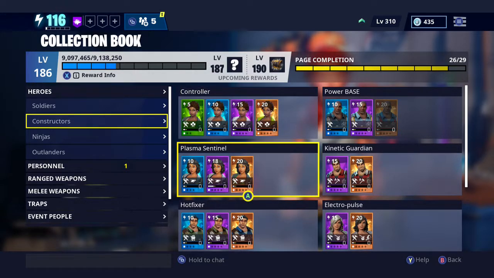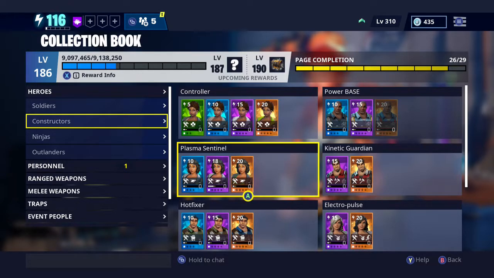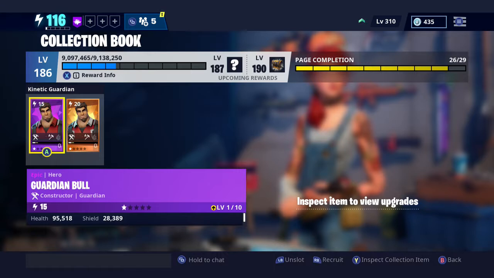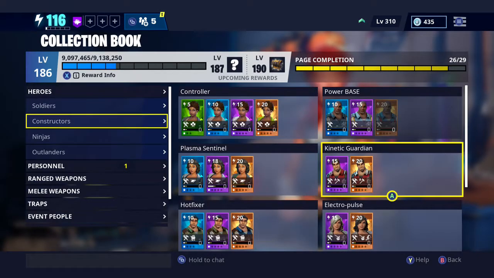Well, we're not really playing right now. We're just going through the collection book, and the next character in the collection book is Kinetic Guardian. Now, as you can see, I have both of them. It will cost 20 V-Bucks to pull them out, but I don't want to do that because I already have a Kinetic Guardian, and in case you guys don't know,